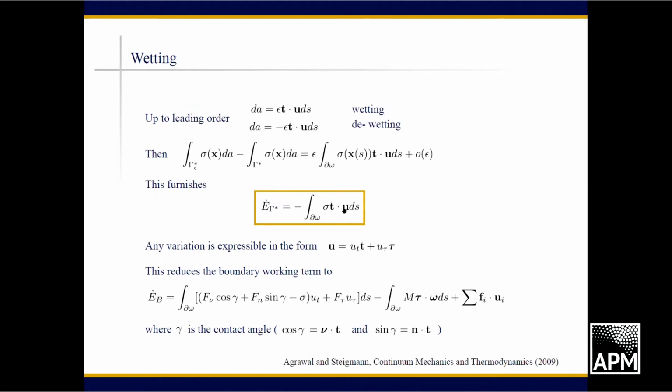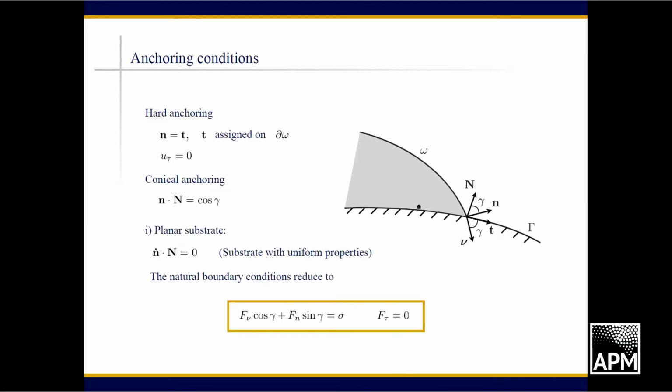Again, U is the virtual velocity. This vector T, if I can move forward, is tangential to the bilayer. There's a bilayer and a bulk liquid, water for example, on a rigid substrate. T is tangential to the substrate and is normal to the bilayer at the contact line. Capital N is normal to the substrate. Nu is normal to the bilayer in the tangent plane of the bilayer. Okay, so